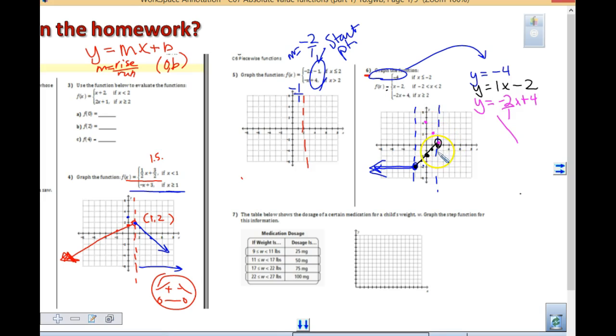And I'm going to keep going. Down 2 and over 1. And down 2 and over 1. But I'm not going to graph this part of it up here. I'm only graphing from here. And that is my solution. And so when you are doing those questions,